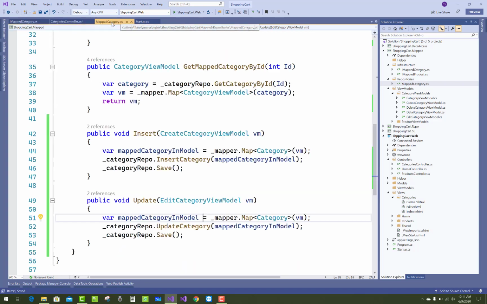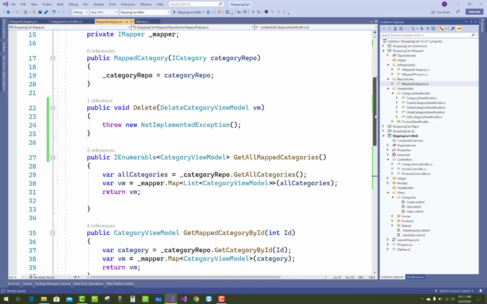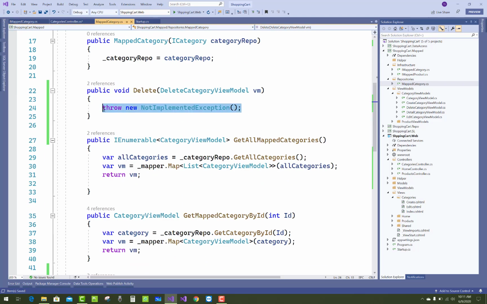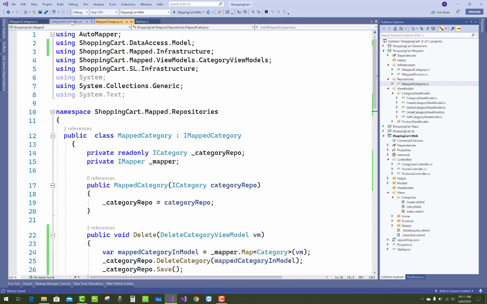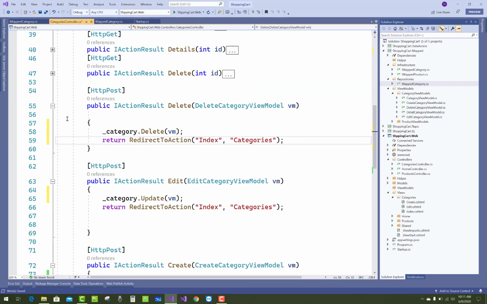So remove the connection between the data access layer and the UI layer. So delete. That is the thing you have to do in your project. So the category controller is completed.